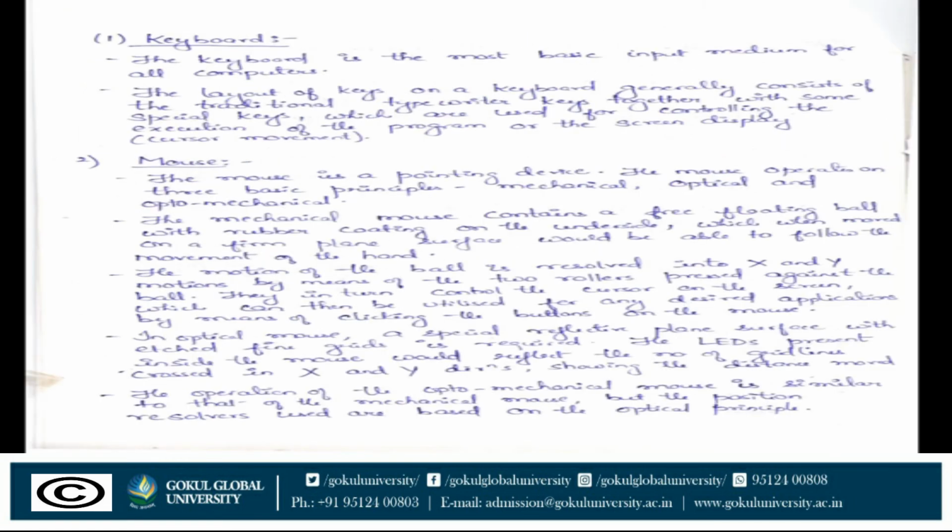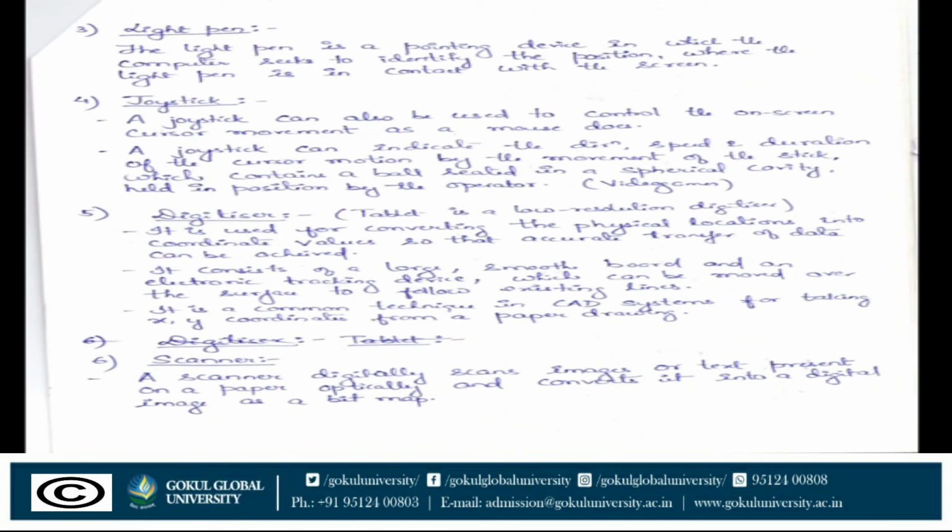The keyboard is one type of input device. You input your data with the help of the keyboard. With the mouse you can adjust your data, move the cursor, replace your data, or indicate data. The third one is the light pen. The light pen is a type of pointing device. With this device you can change the slide or change your operating system.